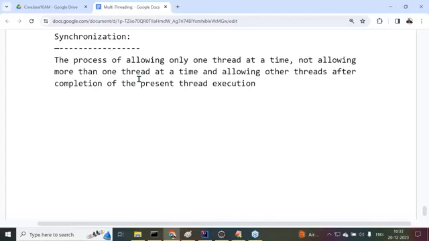That is called synchronization. Right, sir. The synchronization is a mechanism which allows only one thread at a time, not allowing other threads at a time.